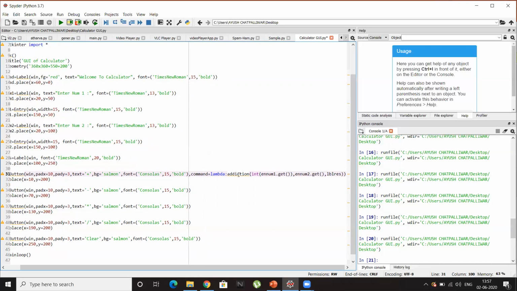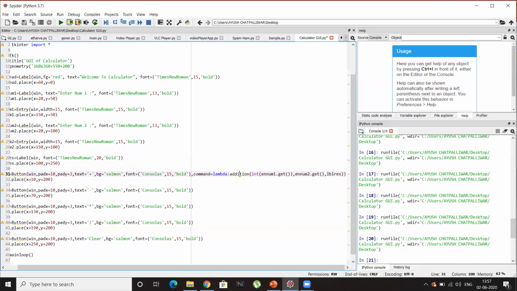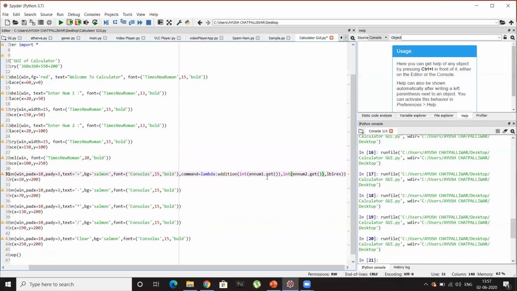Sorry, spelling mistake here, addition, yes. While calling the function it will send the integer value. Here again int of en_num2.get() completely inside this int. So it will send the integer value from entry box 1, and this will also send the integer value from entry box 2, and this is the label.